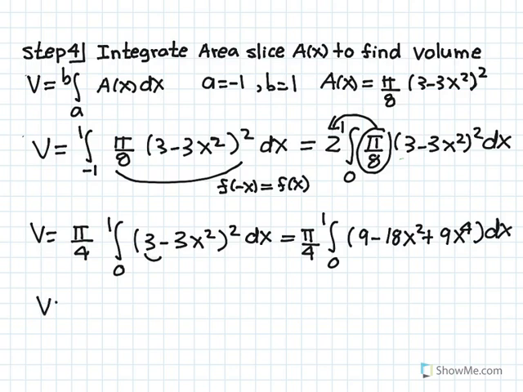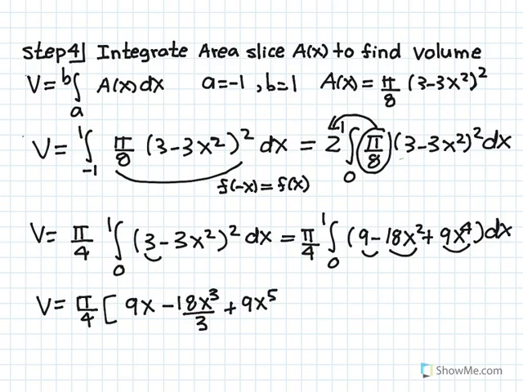So we get volume is equal to pi over 4 times, let's reverse the power rule. What is the antiderivative of 9? Well, that's just going to be 9x, because the derivative of 9x is 9. What is the antiderivative of minus 18x squared? We get minus 18 x cubed over 3, add 1 to the exponent, divide by the same. We're applying the reverse of the power rule, of course. Plus the antiderivative of 9x to the 4th, that's 9 x to the 5 divided by 5. Evaluated from 0 to 1, now we apply the fundamental theorem of calculus, and we get pi over 4